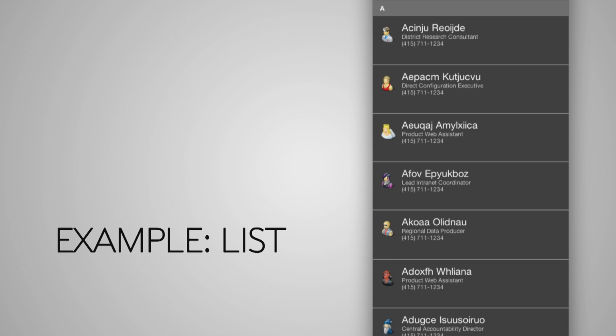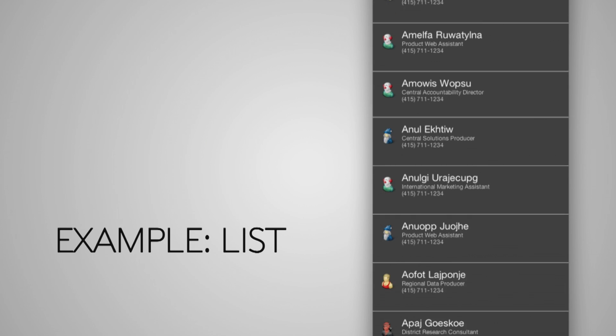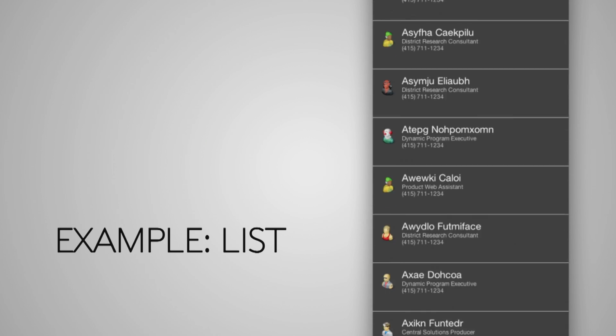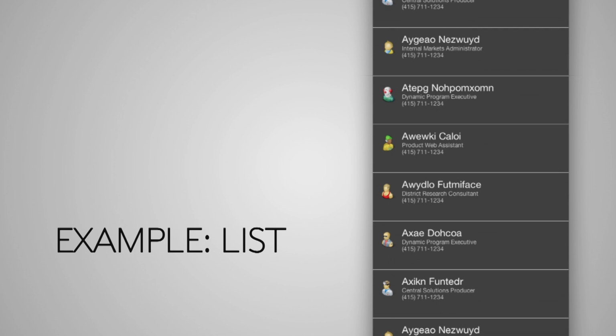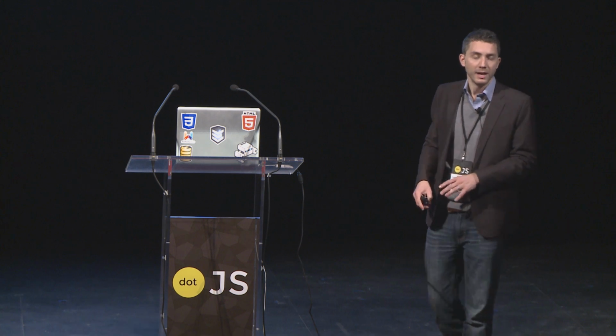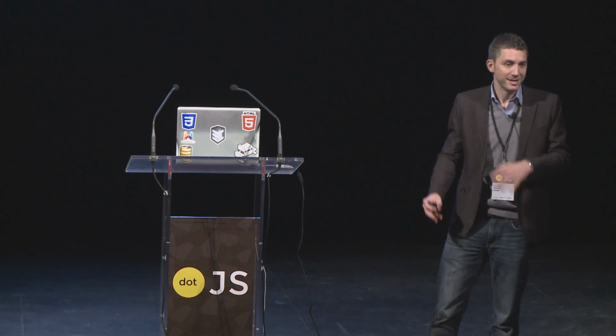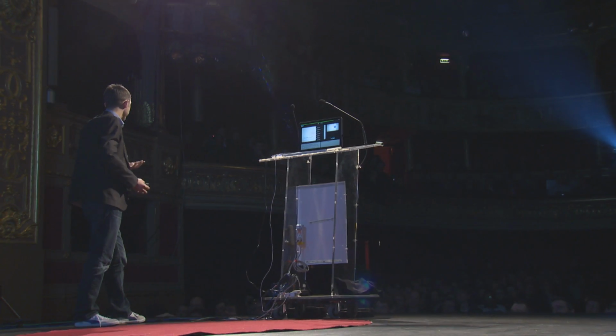So the example is an infinite scrolling list. This is a UI metaphor that you really can't get away from if you're trying to create a native quality application. But getting to really smooth scrolling, that buttery iOS scrolling that users expect, on the web stack, especially when your lists are really long. So think of an email inbox that might have 10,000 items in it, or a LinkedIn newsfeed that just goes on forever. So doing that on the web is actually really tricky. And it's tricky because if you have 10,000 email items and you just throw all that into the DOM, which is what most templating libraries will do, right?